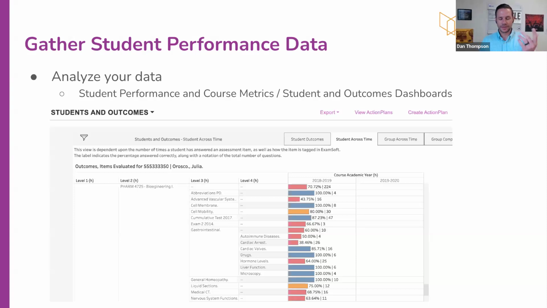So I kind of like, when I was putting this slide together, I had the title of gather student performance data. That's kind of an antiquated term if you have a program like this where I don't actually have to do much gathering. My gathering is logging in and clicking on the dashboard. So step one, I've already fast tracked my ability to move forward in this process. So now I can make a data-driven decision and identify specifically where students are struggling.